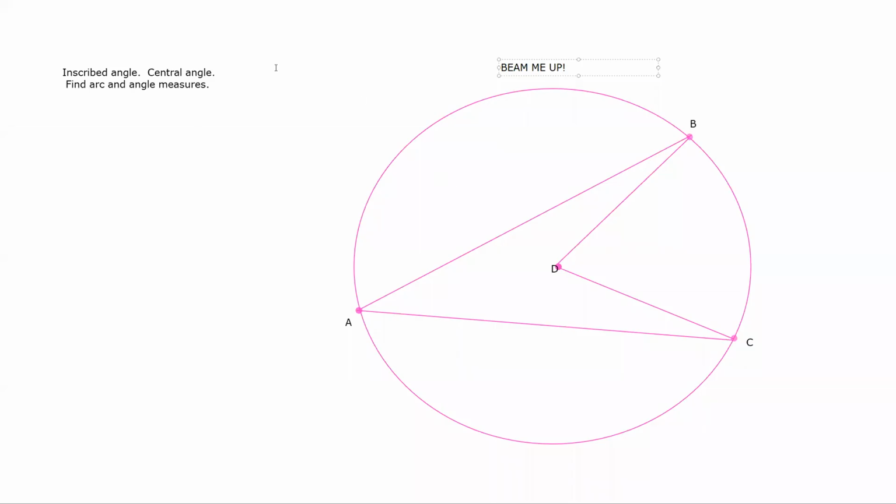Sounds good to me. So let's mark the inscribed angle. We're going to mark it in orange. The inscribed angle is right here. It's not the central angle, because the central angle is the one that has the vertex at the center of the circle. So there's your center angle. This is just the inscribed angle. And this is the central angle. Okay? All right. Now,